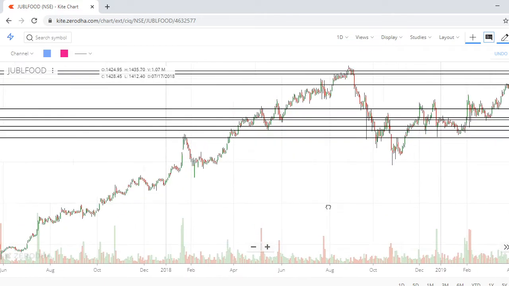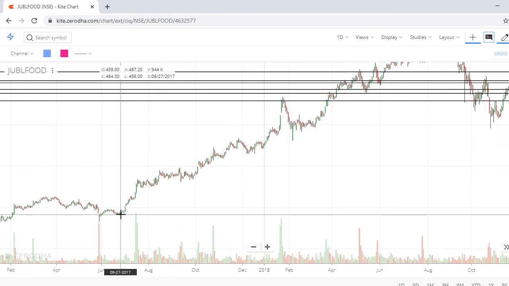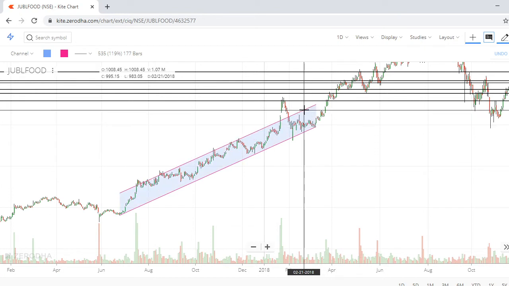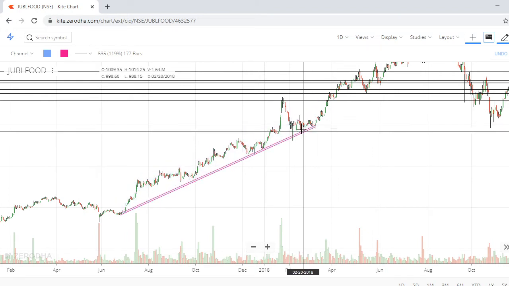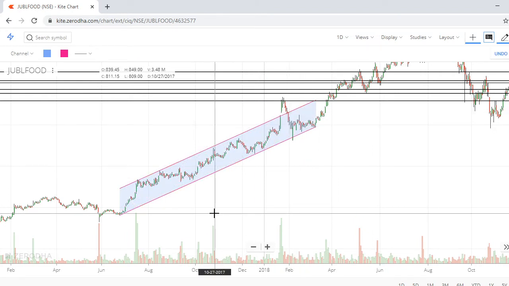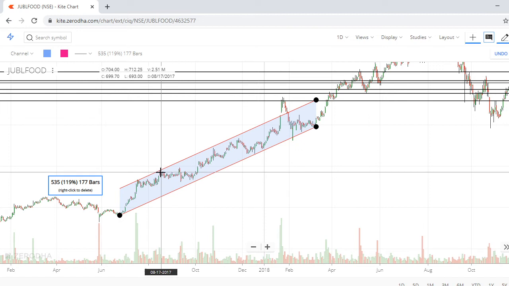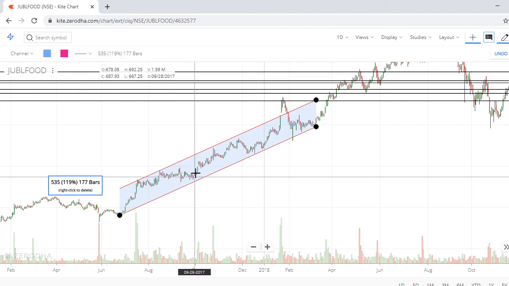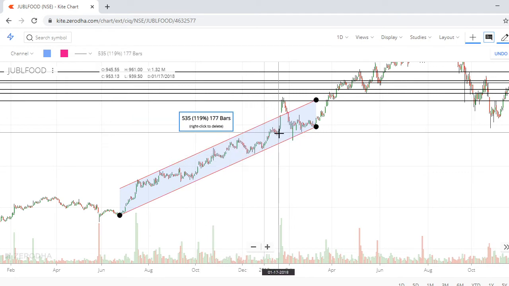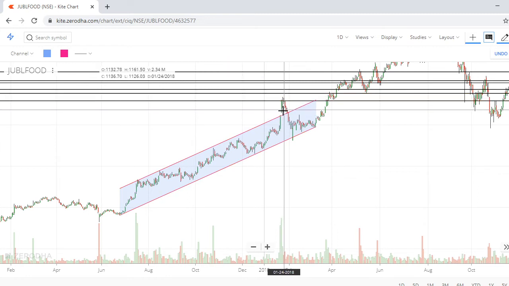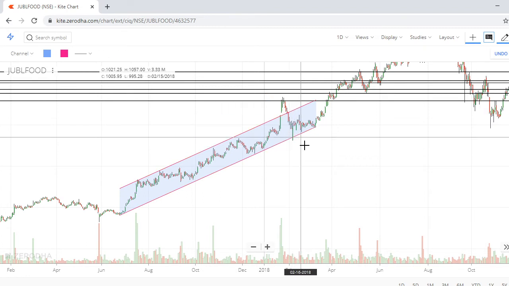Perfect. Now let's suppose somebody invested here, it went up to this. So select those 2 points and move it up, it will come like this. This is the channel. Whenever the stock is trying to go up, it hits this level, comes down, hits this level, comes down. If it hits the bottom side, then it goes to the upside. If it hits the upside, then it comes to the bottom side. If upside breakout is there, then you can see a huge upside movement. If downside break is there, then you can see a good fall.